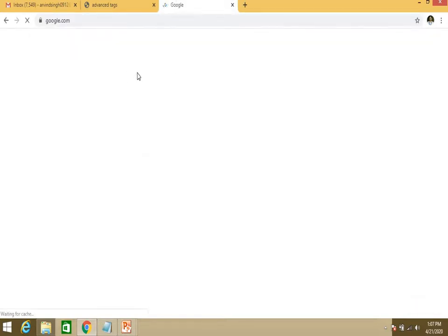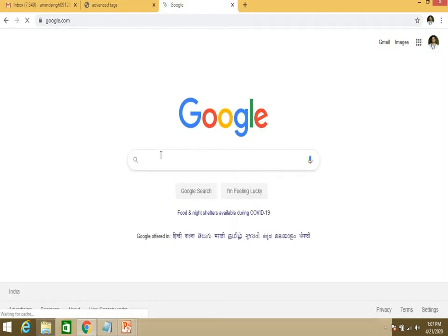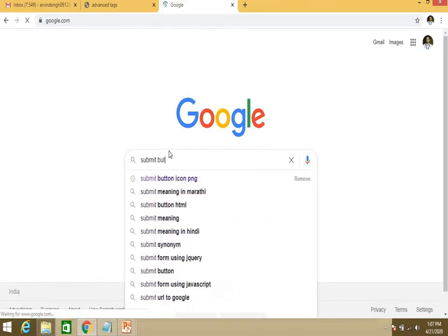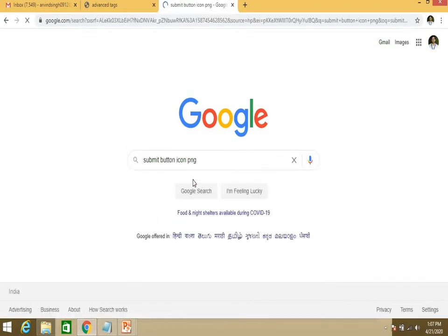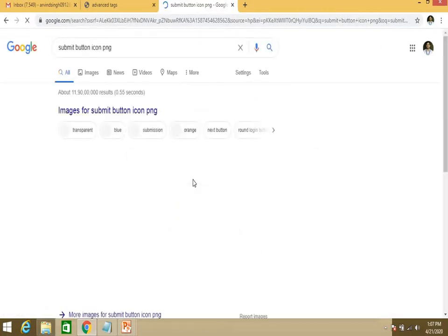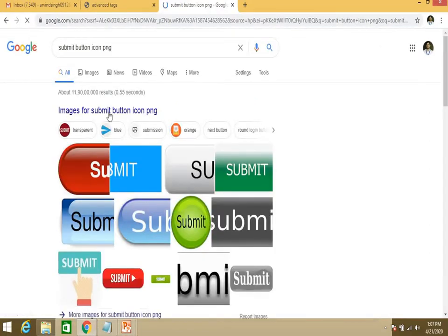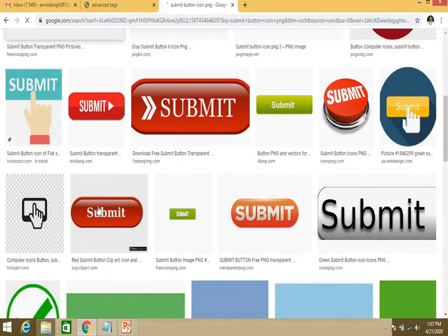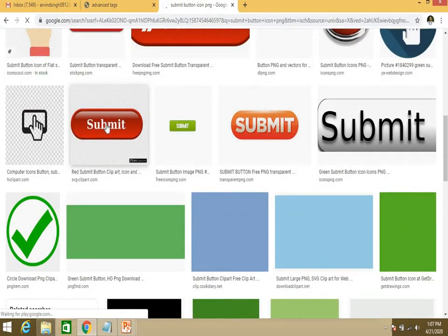In Google just search for submit button icon PNG. There are so many buttons once you search it. Let's take any of the buttons. Just see this button.